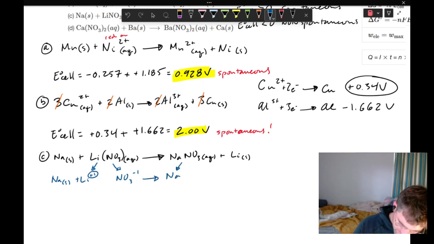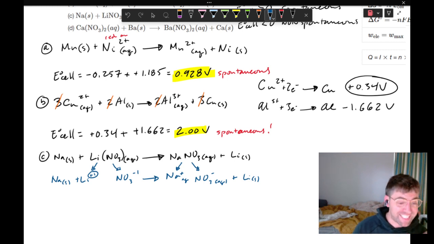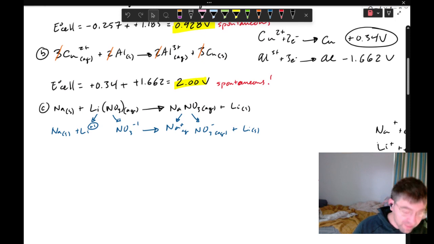Same thing's going to happen here. Sodium has that positive state to balance out the negative on the nitrate. These are all aqueous species plus solid lithium. Our lithium is gaining electrons. That's the site of reduction. That is our cathode. And so we know